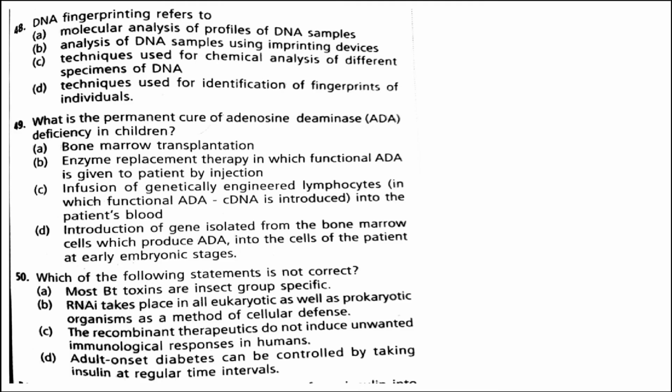Next, DNA fingerprinting refers to: A. a molecular analysis of profiles of DNA samples. B. Analysis of DNA samples using imprinting devices. C. Techniques used for chemical analysis of different specimens of DNA. D. Techniques used for identification of fingerprints of individuals. And here the answer is option A. DNA fingerprinting or DNA typing or DNA profiling is a technique of determining nucleotide sequence of